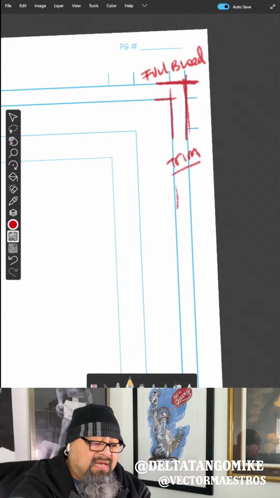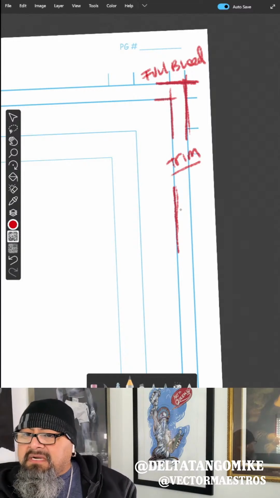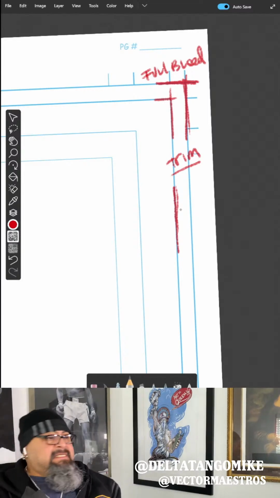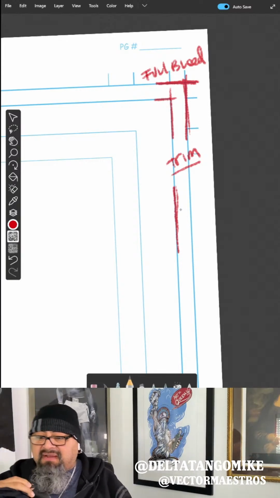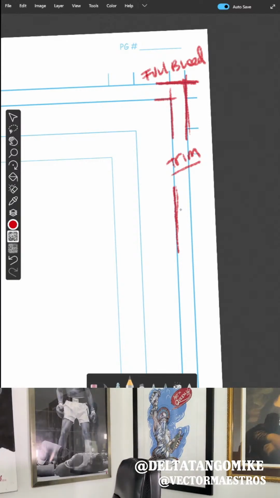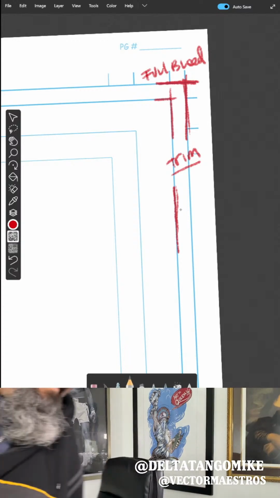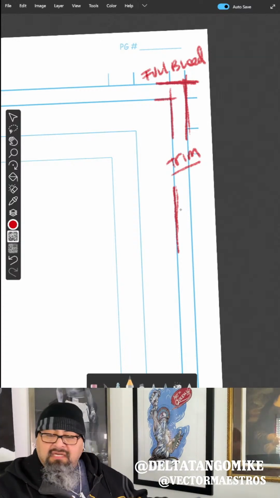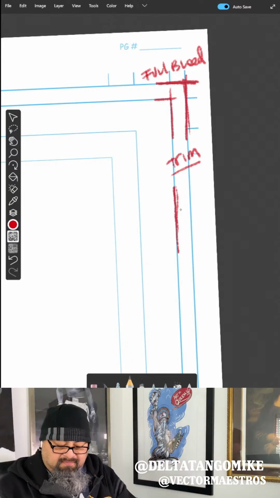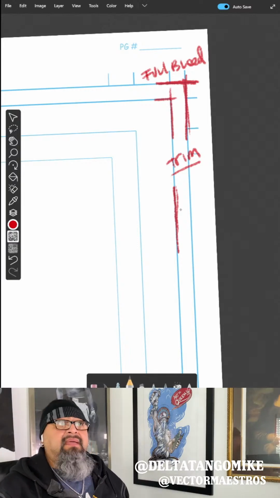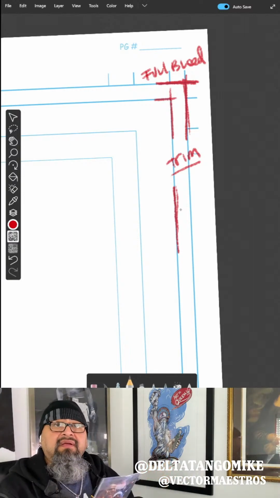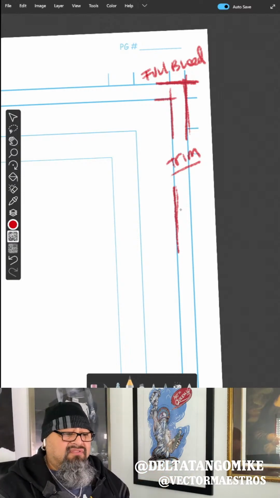When you're looking at a comic book, and I have one up here. What did I do with it? I had it. Oh, it's over there. Let me get my microphone off. Yeah, I got a comic book here. Let's do this. So when they print the comic book in the paper, they print it a little bit bigger than necessary, and then they trim it down to size.